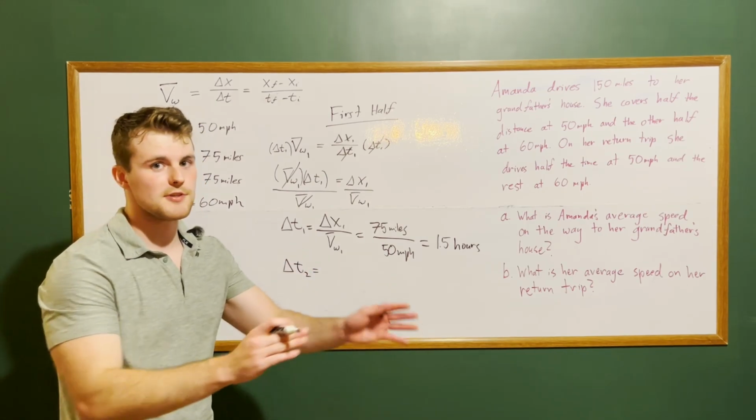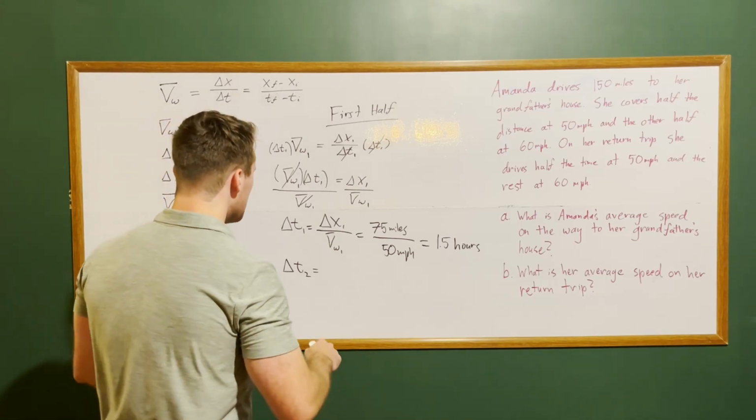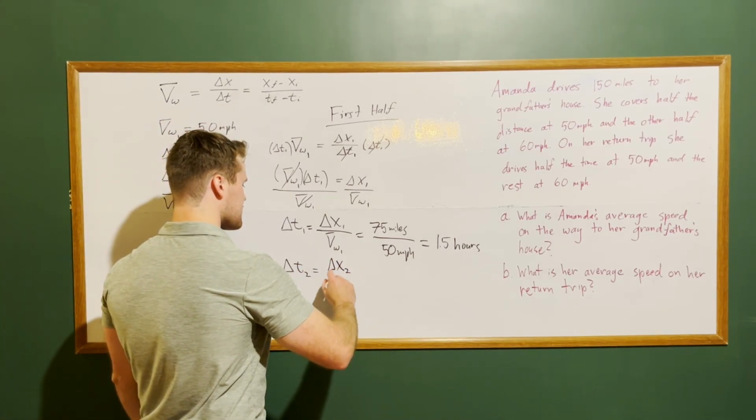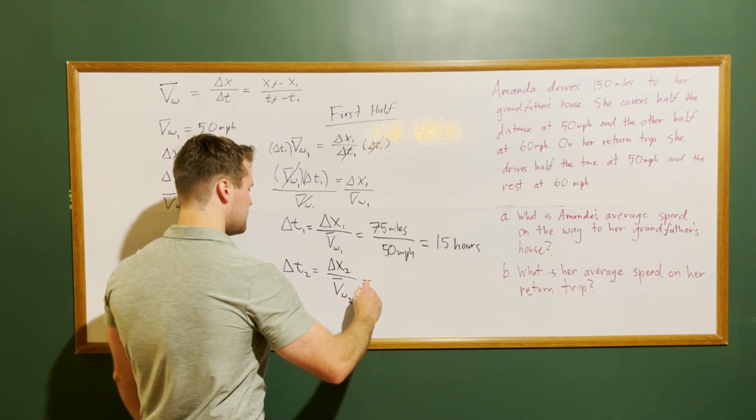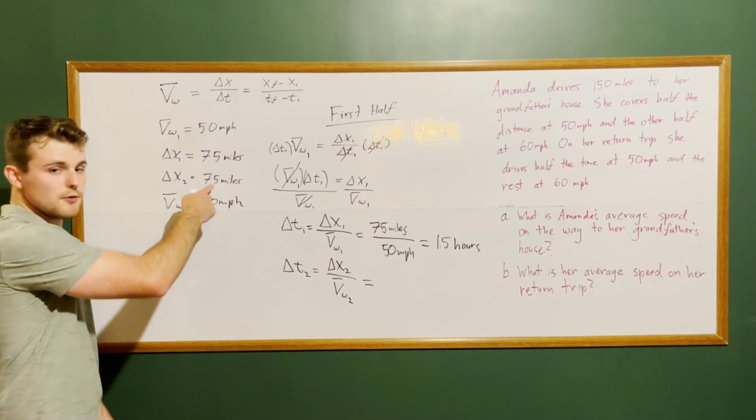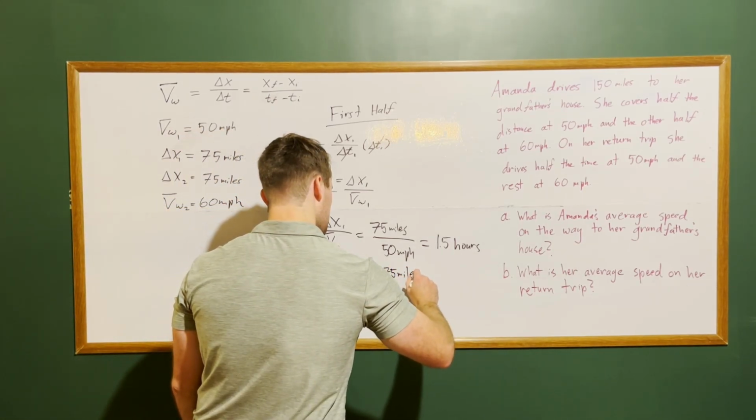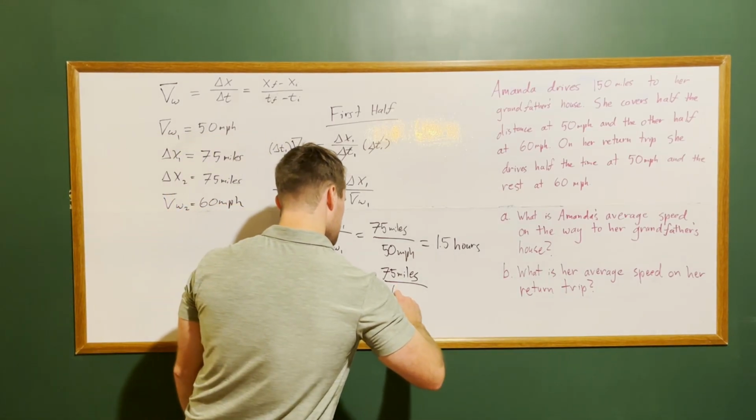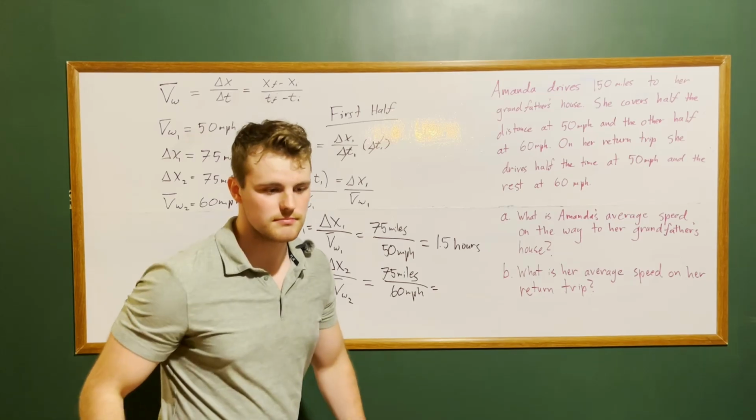And we're still in part A. We're still going to the grandfather's house. We're just partitioning this into two segments. So delta t sub 2 is the same exact equation, except now we have delta x sub 2 over v bar sub w2. Delta x sub 2 is, of course, still 75 miles divided by 60 miles per hour, 60 mph,